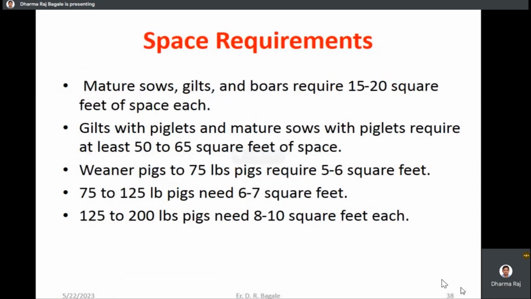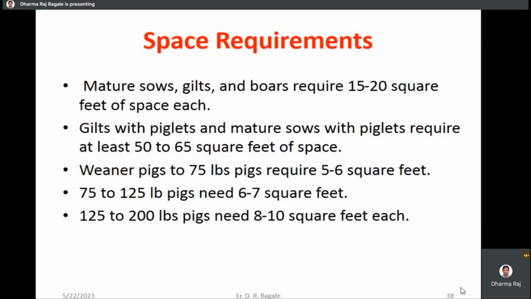So to build this swine house, we have to prepare the proper space for the pigs. Gestating sows and gilts require 15 to 20 square feet for each animal, and sows with piglets require at least 50 to 65 square feet of space, and pigs up to 75 pounds require 5 to 6